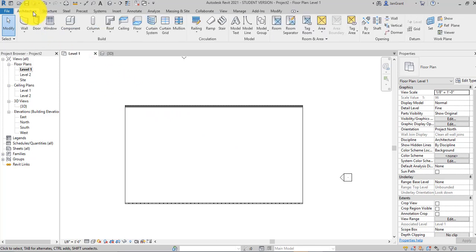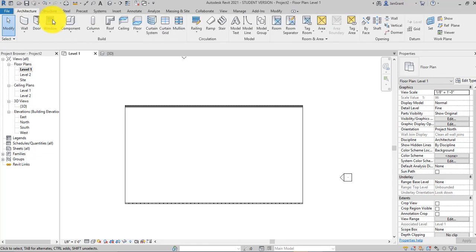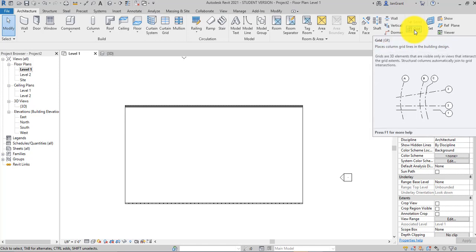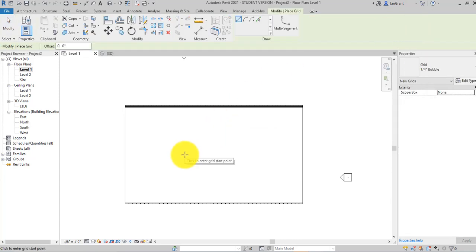right side of really the architecture or the structural tab, there's a tool called grid. And what the grid does is give us those column bubbles. So I can go ahead and click on grid at the top right. I'm going to start here at the bottom left corner. I'm in level 1. I'm going to click, pull my mouse up all the way and click. There's my first bubble. There are ways of creating multiple segments, but I'm just going to create a few